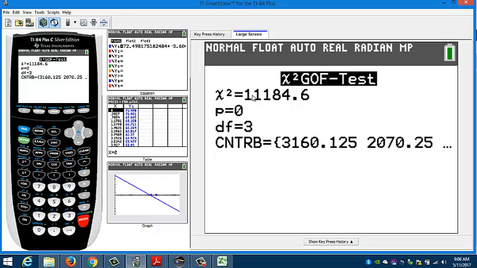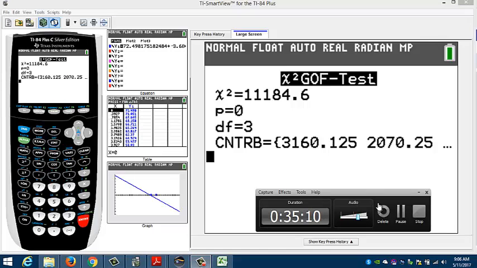I'm not sure. Do you guys have any questions about goodness of fit? No? Let me pause here for a second. Chi-square